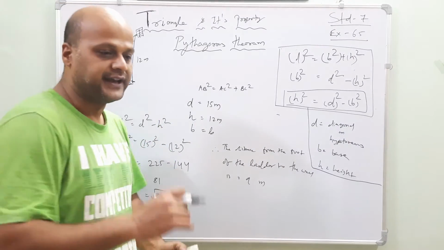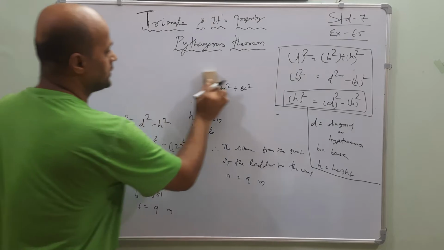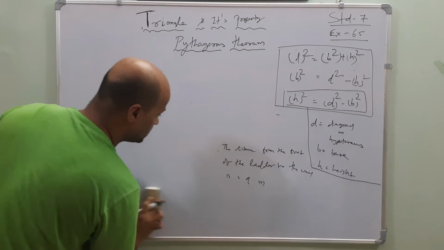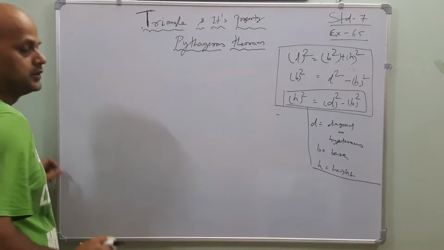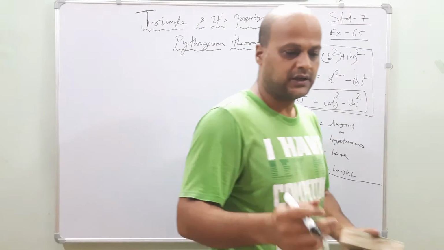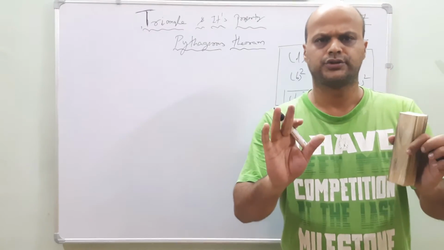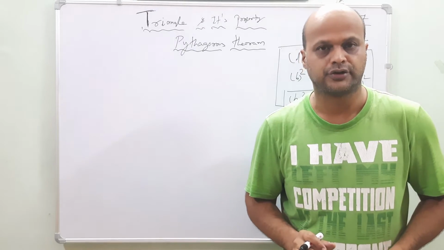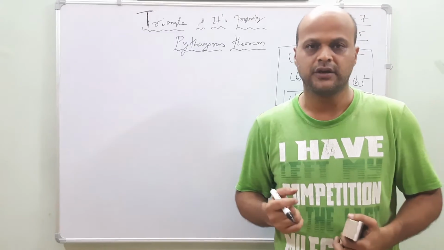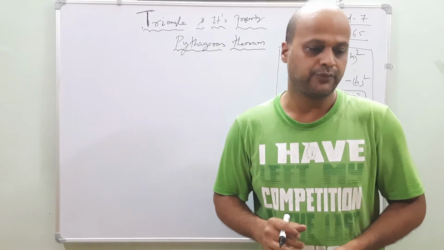Now come to the next one. What is the next one saying? Okay, now I am erasing everything. Now the fourth one is saying: which of the following can be the sides of a right angle trapezoid? This question I will leave for you so that you can find out by yourself, my dear friends. If you have doubt you can write in my comment so that I will solve it. Now come to the fifth one. What is the fifth one saying?